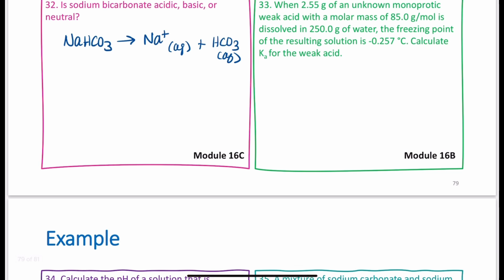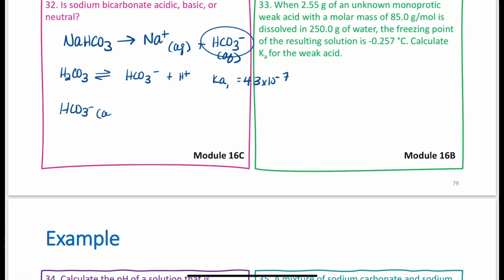So this comes from carbonic acid. Carbonic acid, H2CO3, breaking apart to form HCO3⁻ and a proton, has a Ka value of 4.3 × 10⁻⁷. This has a negative charge. This is the second dissociation. So bicarb can act as either an acid or a base. But when I put it into solution by itself,